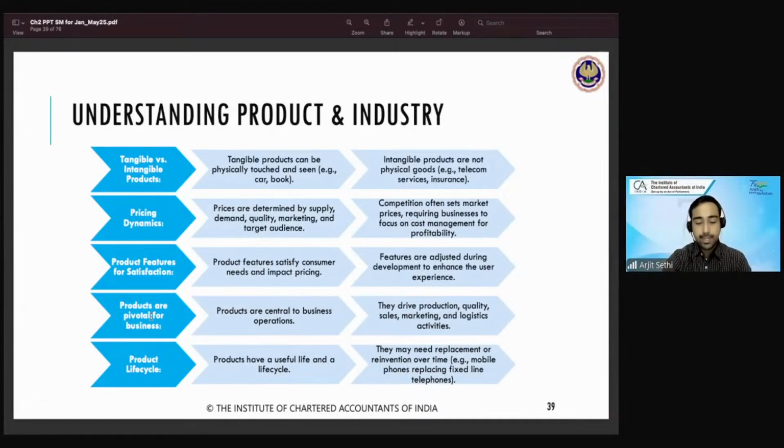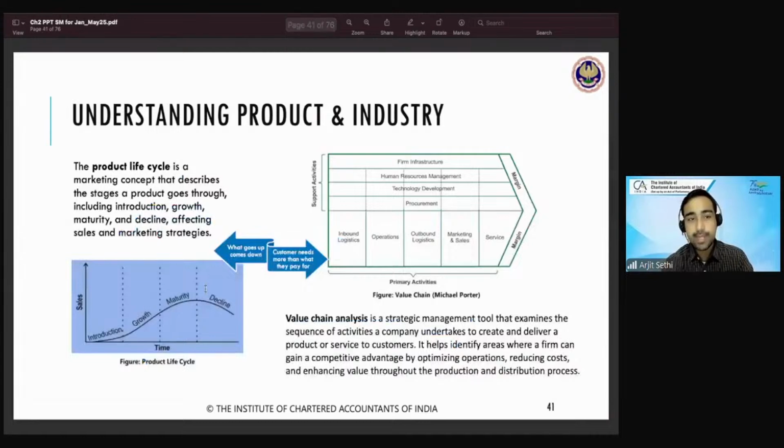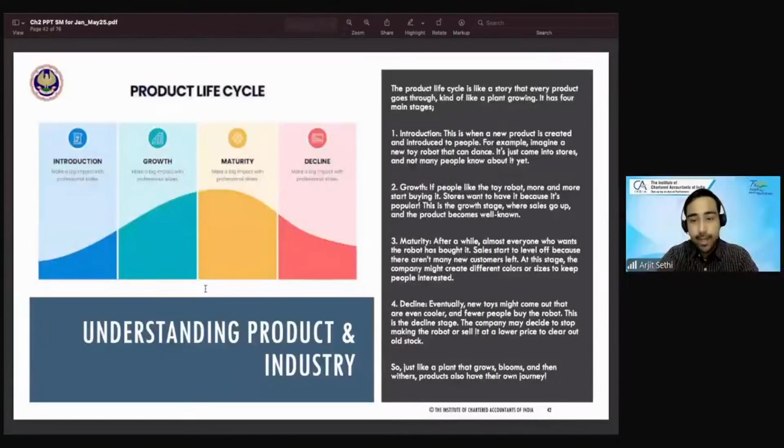Awesome. I see a good amount of yeses. So awesome. Let's go to what we have to do today: product life cycle, value chain analysis. This is what we're doing. Okay, so here's where we get into our chapter and finish it today very quickly. Great topics upcoming, very interesting, great examples. So let's get into this.